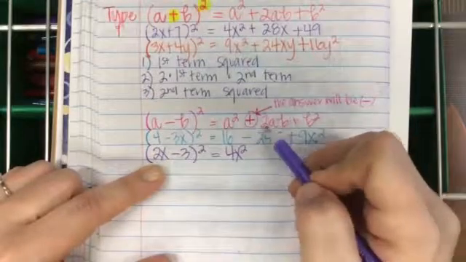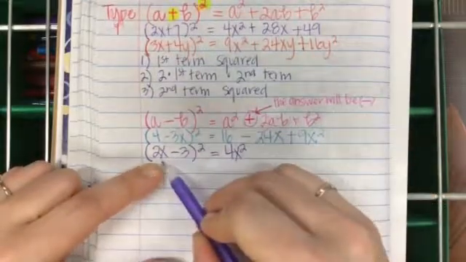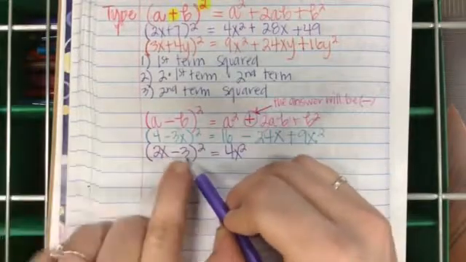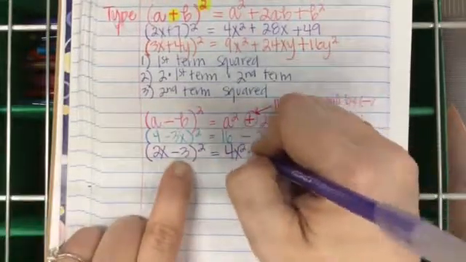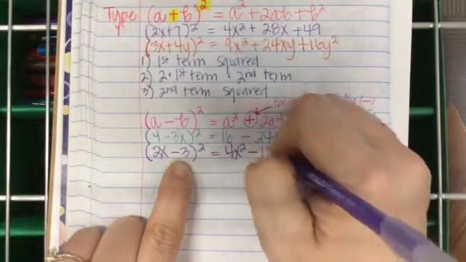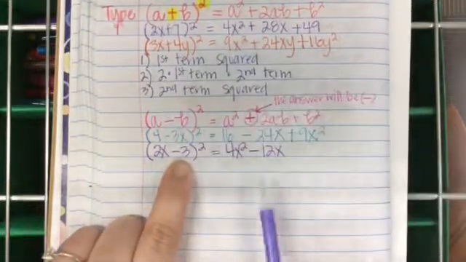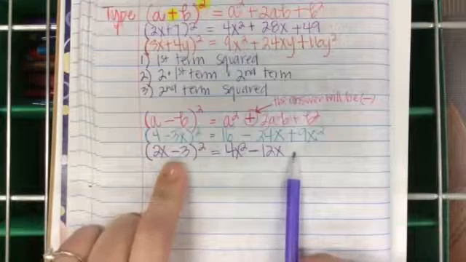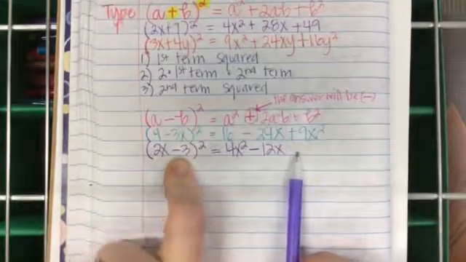Then I'm going to do 2 times 2x is 4x times negative 3 is negative 12x. And I know I've done it right because I ended with a minus right here. And then last but not least, negative 3 times negative 3 is